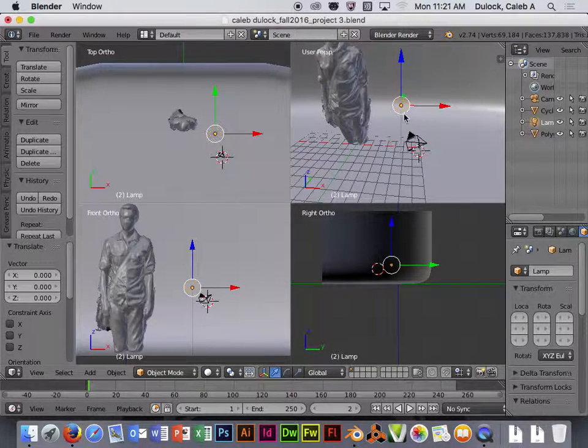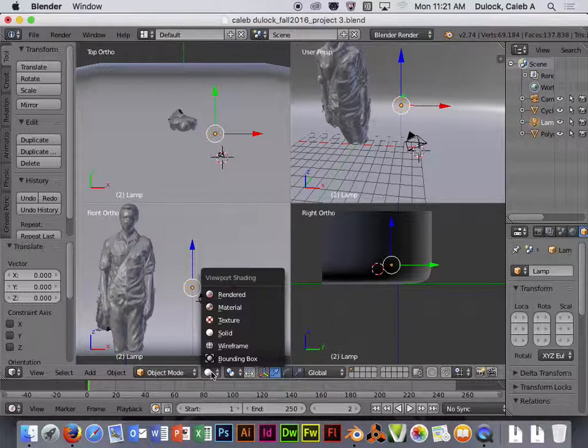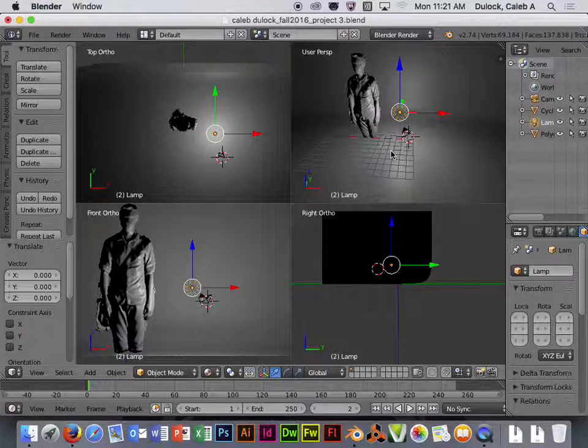But the interesting thing is if we want to see the effect of the light in the scene, let's change our shader mode down below. So where you see the little white sphere on your lower menu bar, click on it. And let's go to Material. And when you go to Material, this actually gives you an in-screen preview of what the light is doing in the scene. It's even giving you a little bit of what the shadowing is doing on the character or any